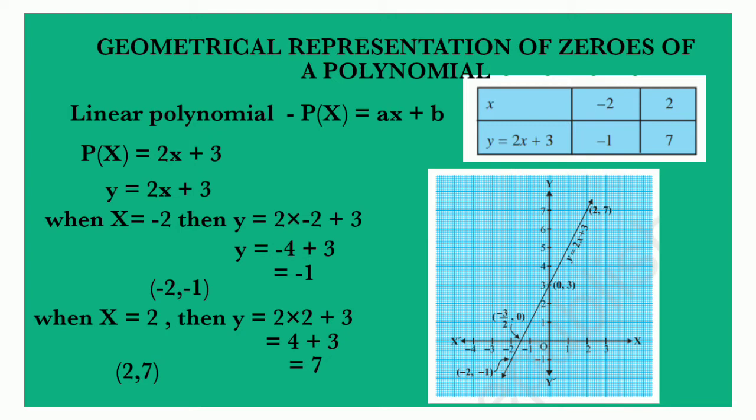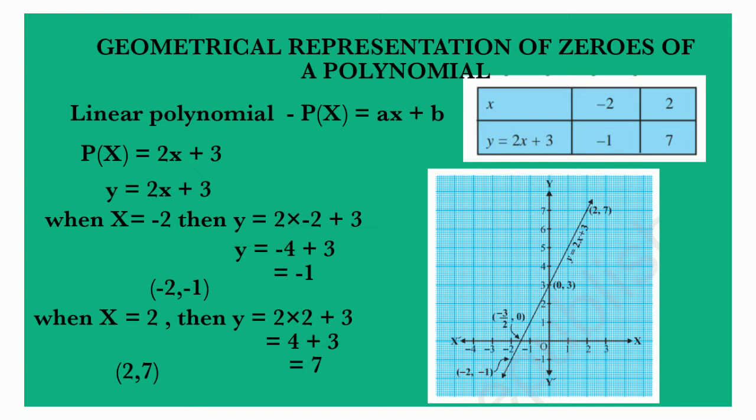Already you learned how to represent x coordinate and y coordinate on the graph sheet. First of all, we need x axis and y axis. Here x axis and y axis, and the intersection point is 0, and the right side of the graph has positive numbers and the negative numbers are on the left side, and above are positive numbers and below negative numbers. So we have to plot the first coordinate, minus 2, minus 1. So minus 2 is the x coordinate, here the minus 2, and the minus 1 on the y axis. So here minus 1.